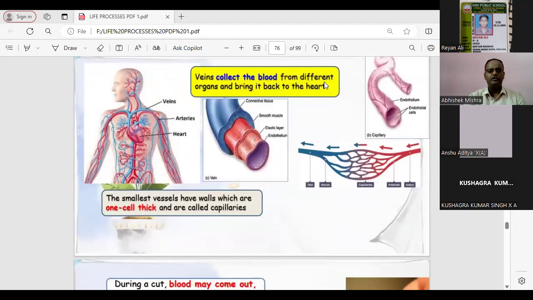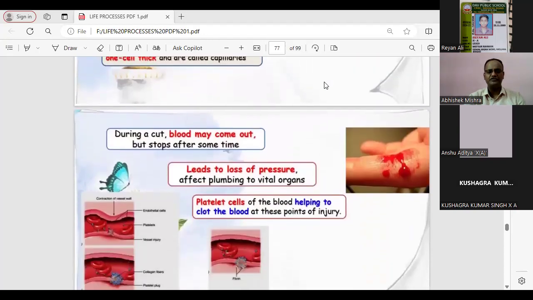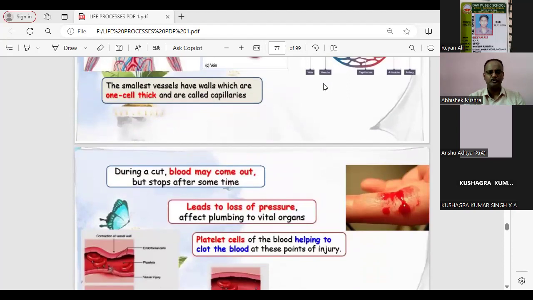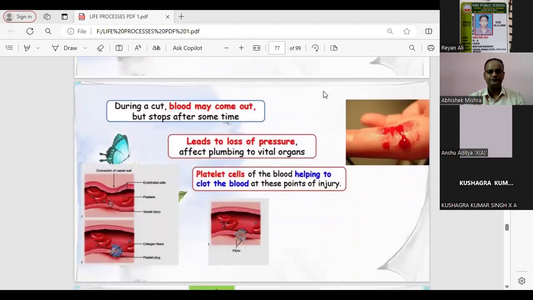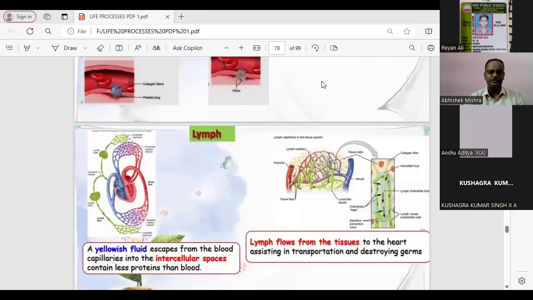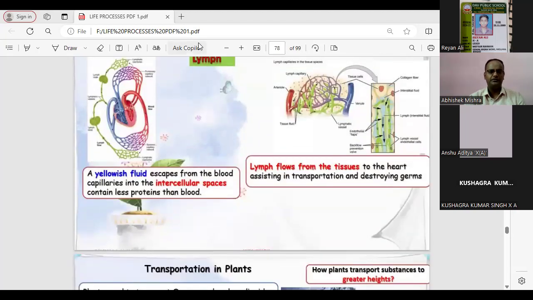Okay. Now, the two types of blood pressure we have also discussed: the systolic blood pressure and the diastolic blood pressure. What do you mean by systolic blood pressure, students? Systolic. Systole means